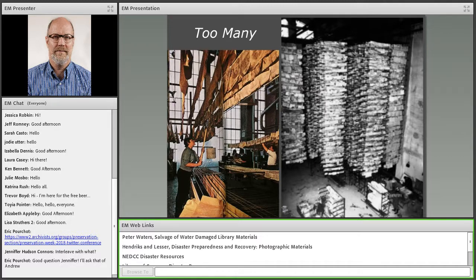And these are some examples from the Florence flood of what's too many. Too many is hard to quantify absolutely because it really depends on the resources that you have to bear, the space you have, the staff you have, and their familiarity with the problem. But this gives you a sense of what was possible in Florence, where you see on the bottom left side of the screen that these are large folio pages that are being dried over